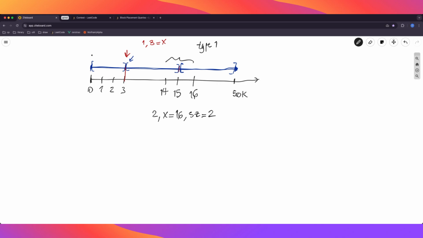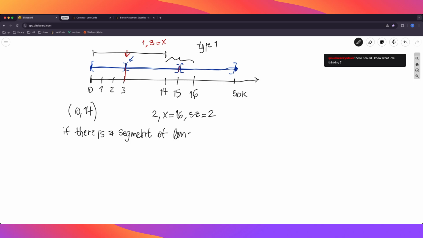And so we want to know, in this range here, in the range from 0 to 14, if there is a segment of length